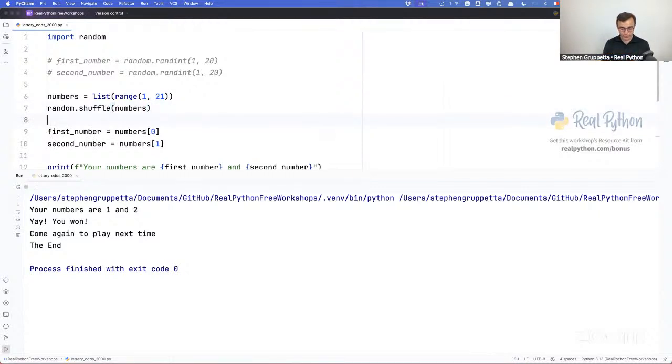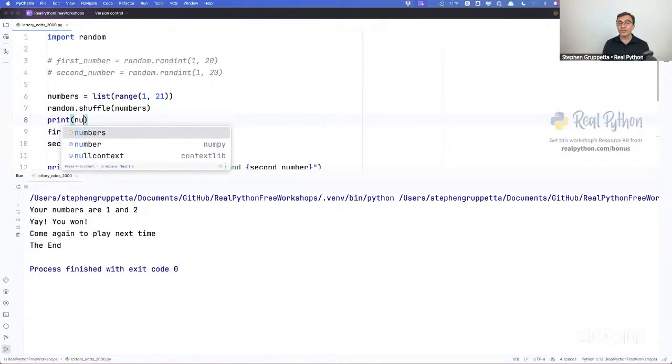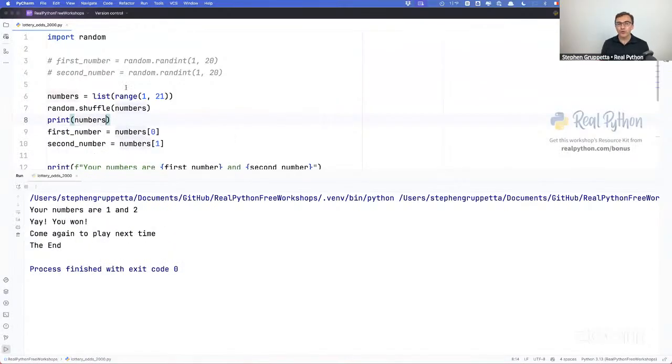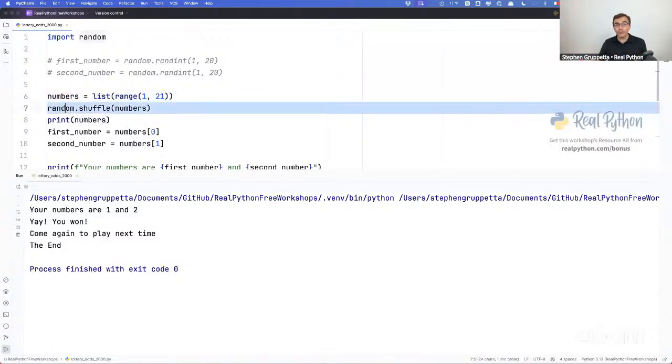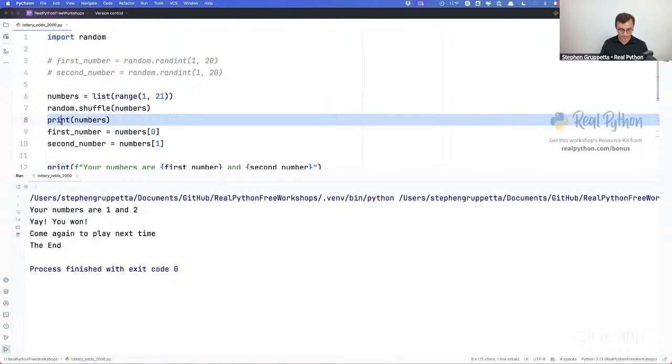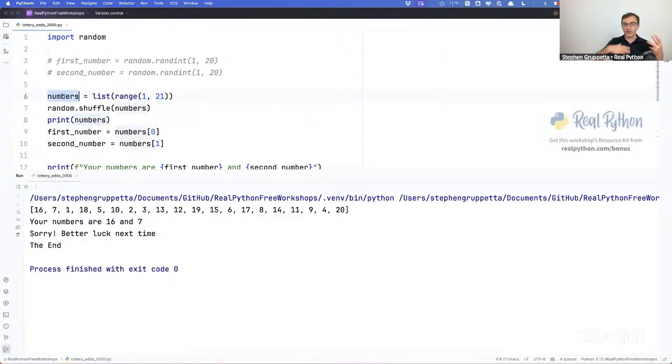Let's check that this works. Print is useful for these checks as well, right? Let me look at, on line 6, numbers is 1, 2, 3, 4, 5, 6, 7, whatever. Line 7, hopefully we'll shuffle them up. Let me check that that happened on line 8. And it did. So this confirms that random.shuffle(numbers) takes the list numbers and shuffles them all up in a